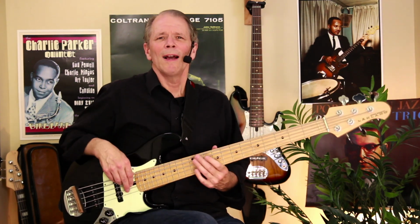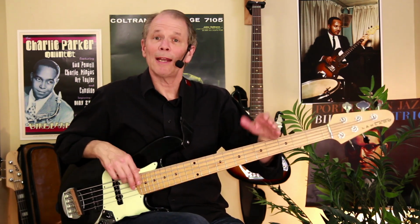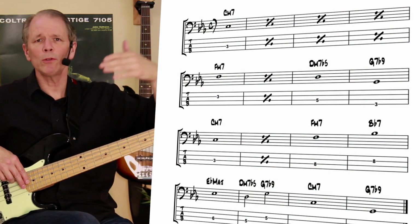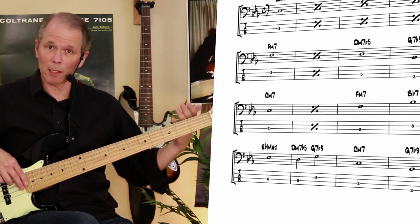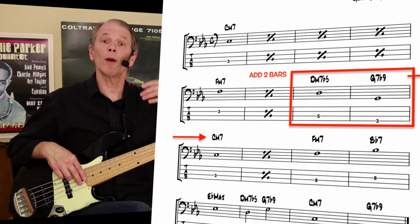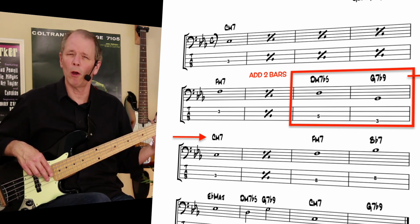So taking a look at this chart, you'll notice that in the second line, where you got 4 4-bar lines, you got 16 bars. Like any blues that starts on the 1 chord, 1 minor, it wants to go to 4. It goes to F minor. But what happens in the end of that line? The last 2 bars in that line are preparatory, you're preparing to hit C minor with a long form